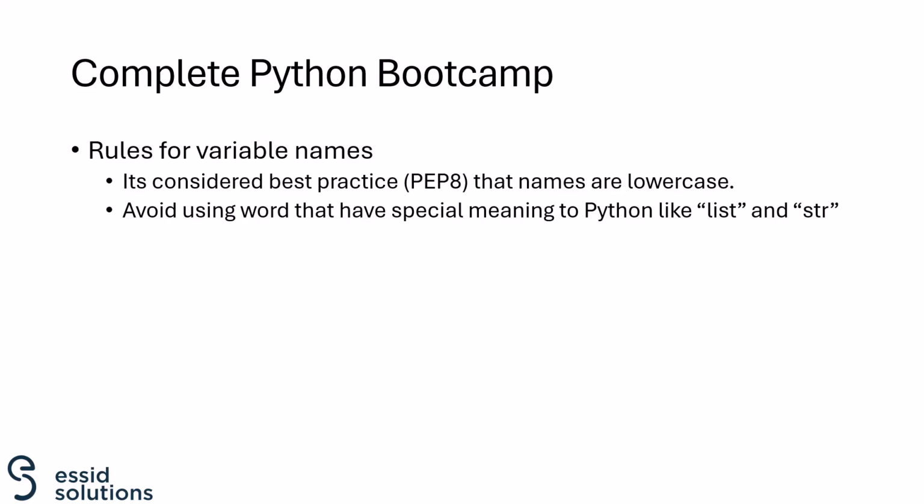Additionally, it's generally considered best practice according to PEP 8 to keep variable names in lowercase. As you become a more advanced programmer, you may use uppercase for global variable names that are used throughout your code. But for now, let's stick to lowercase. You will also want to avoid using words that have a special meaning in Python, known as built-in keywords, like list or str for strings. You may be wondering how to know which words are built-in keywords. Thankfully, most development environments will highlight these keywords in different colors,